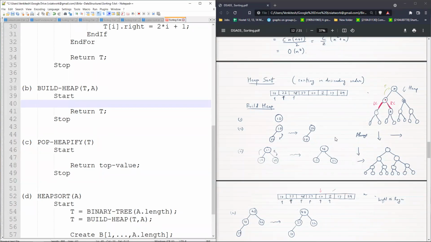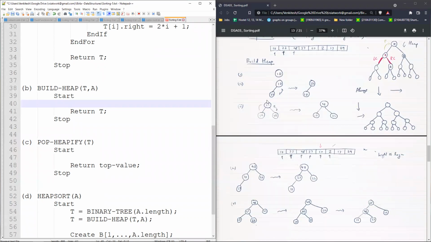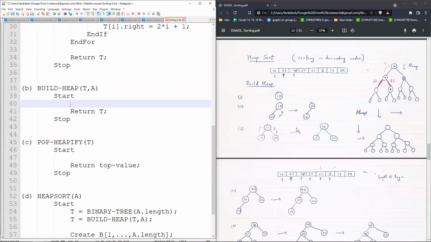All right, so let's now do the build heap part of this algorithm. As we have seen, we have already seen this. If it's not clear, just go back to the lectures and see how build heap works. Basically we insert a vertex with the corresponding value from the array, and then we simply keep looking at the parent, parent, parent and keep sorting along that path up to the root. The only difference here is all the vertices are already present, but they are all empty. We'll simply be adding the values and doing this heap property.